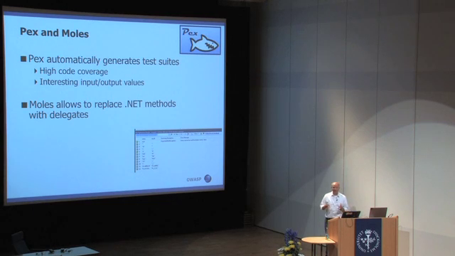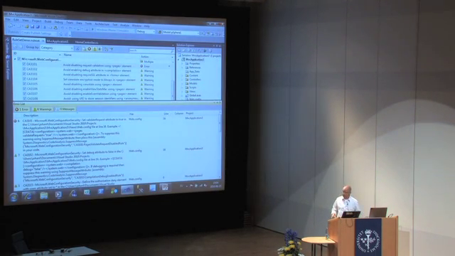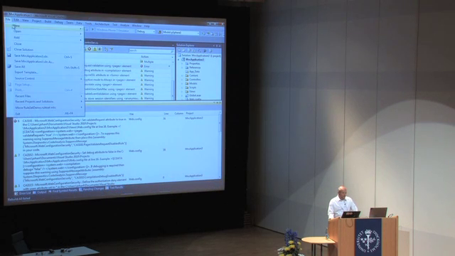If you also combine this with a mocking or stubbing framework called Moles, which uses delegates to replace .NET methods like virtual methods and such, it gets very flexible and very efficient to use. All of this can be downloaded today, both with documentation and videos on how to use it. And naturally, as I'm saying that you can download everything, I have to demonstrate it. So I'm going to do that also in a